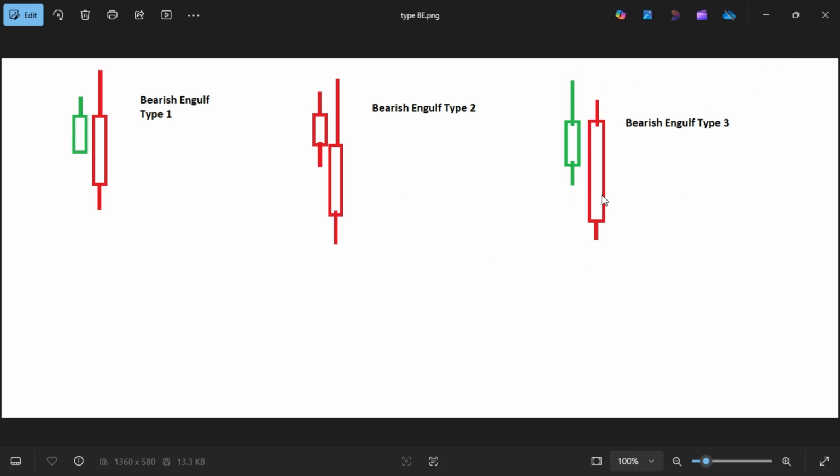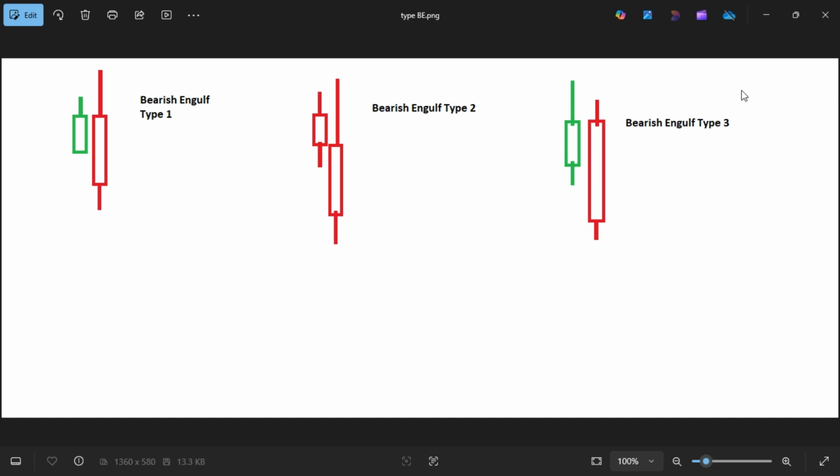With type 3, and also type 2, the first red candle is smaller than the second red candle. The second red candle closes below the first red candle's low. The second red candle's shadow is higher than the first red candle's shadow. That's type 2. Type 3,